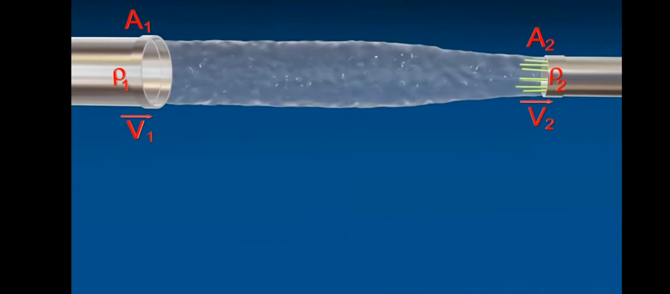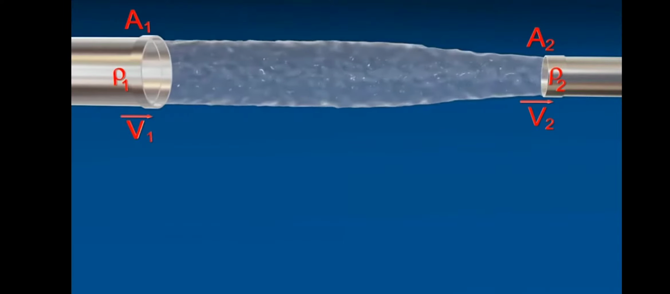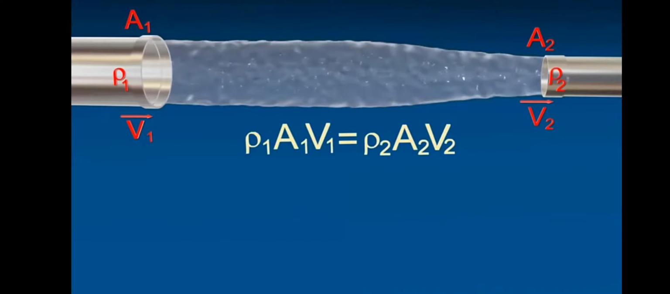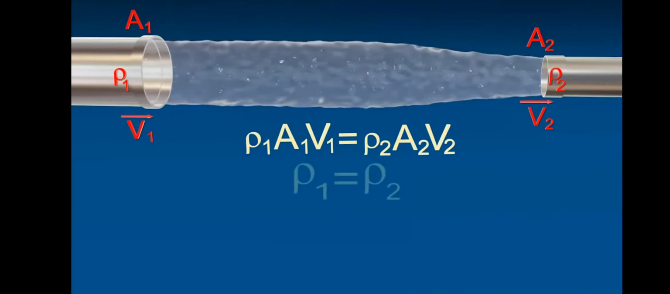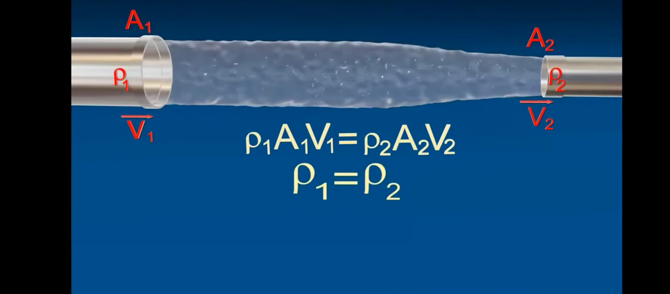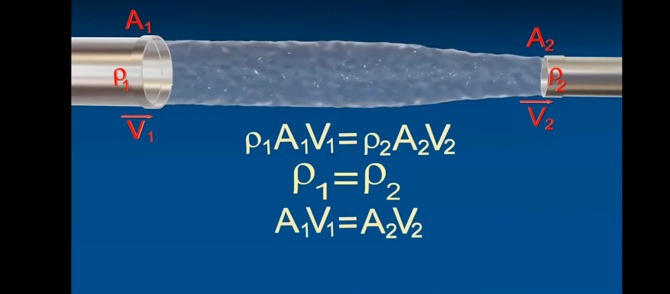Assuming there is no loss of fluid in the tube, that is, for an ideal fluid, therefore